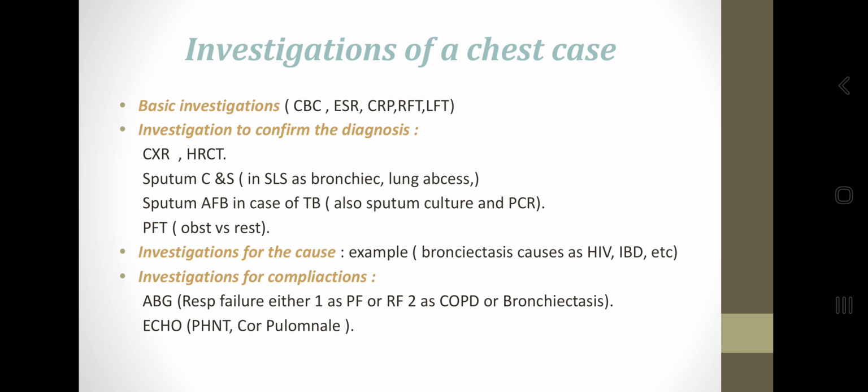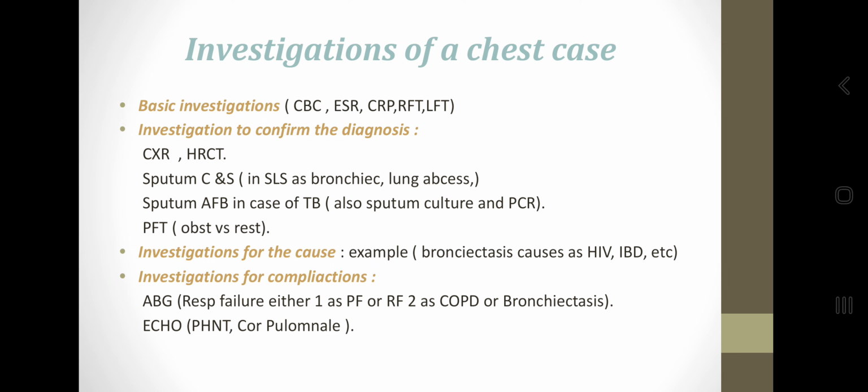Investigation of a chest case is mostly the same. You will do basic investigations like CBC. Of value, white blood cells if high indicate leukocytosis, there is infection. Secondary polycythemia indicates chronic hypoxemia. Inflammatory markers like ESR, CRP, renal function test, liver function test, of value in case of alpha-1 antitrypsin deficiency, it will be elevated. Investigation to confirm diagnosis, in the majority of chest cases there will be chest X-ray, high resolution CT, sputum